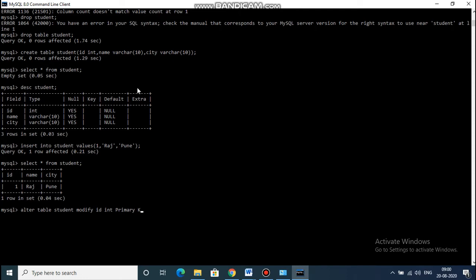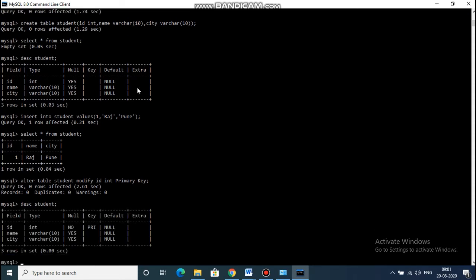Before auto increment I have to provide the primary key. Okay, so primary key is provided. How to see whether the key is provided or not, as we have discussed, by the describe command, DESC student. You can see here in the key part primary key is assigned to the ID field.